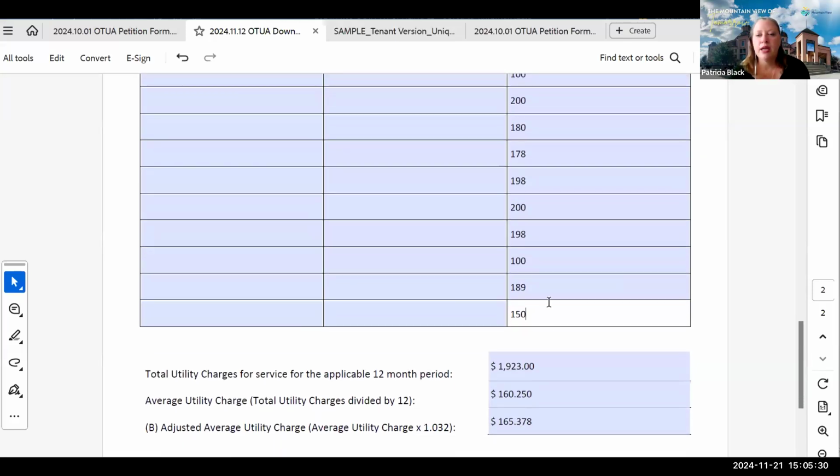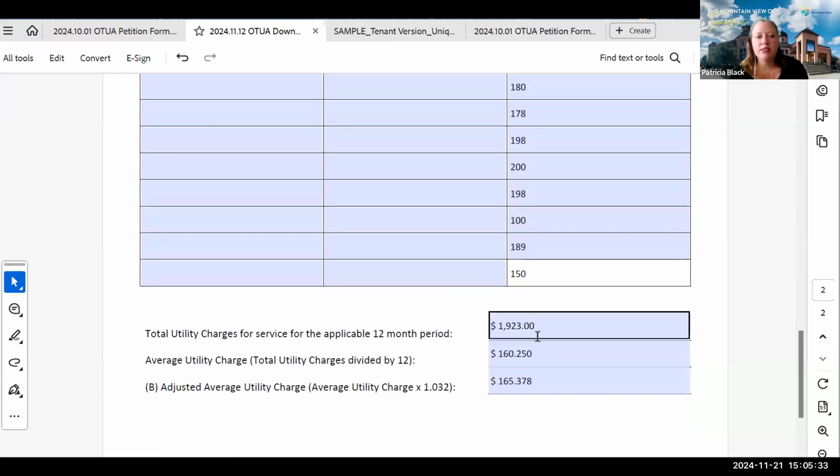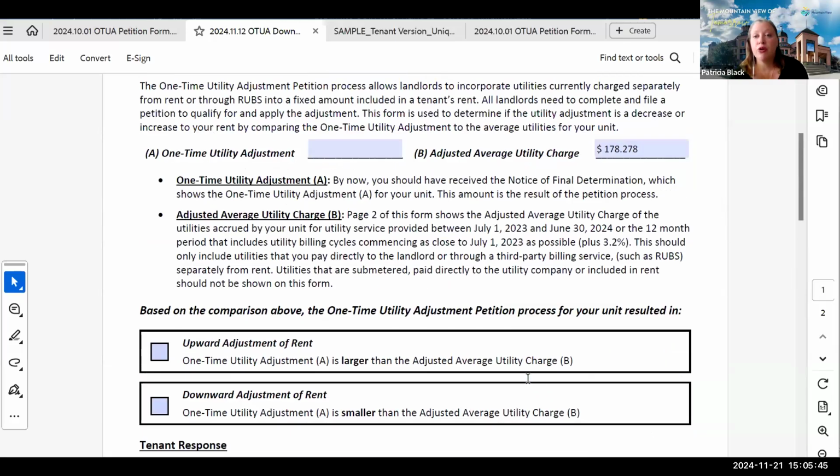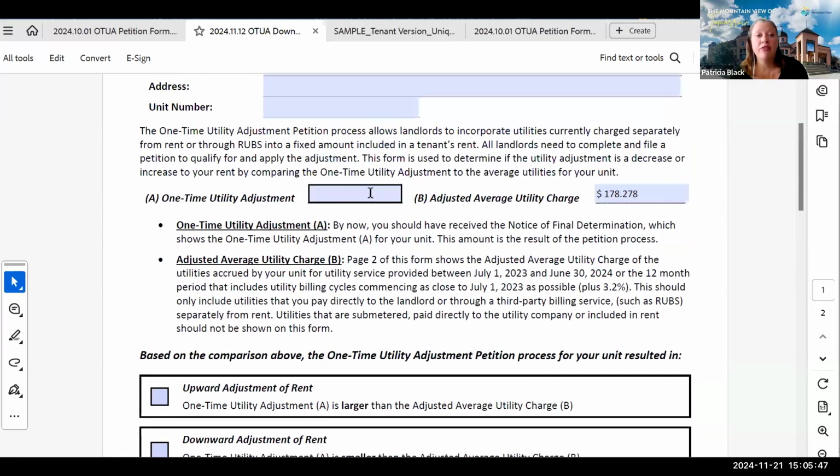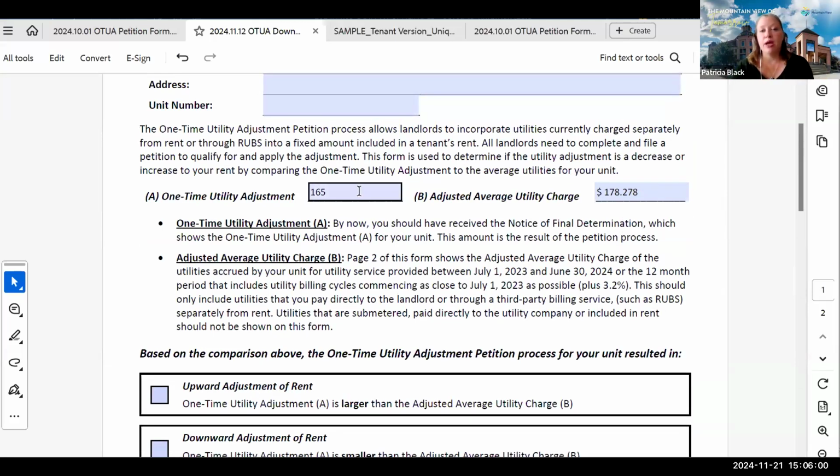Okay. Now it has done all of this math for us. It added everything up. It then divided it by 12. And then applied that consumer price index increase. So it is going to take that number for you and just auto calculate it there. And then we're going to make up a number here. So for our utility adjustment amount, it is 155. And if we compare 165 versus 178,